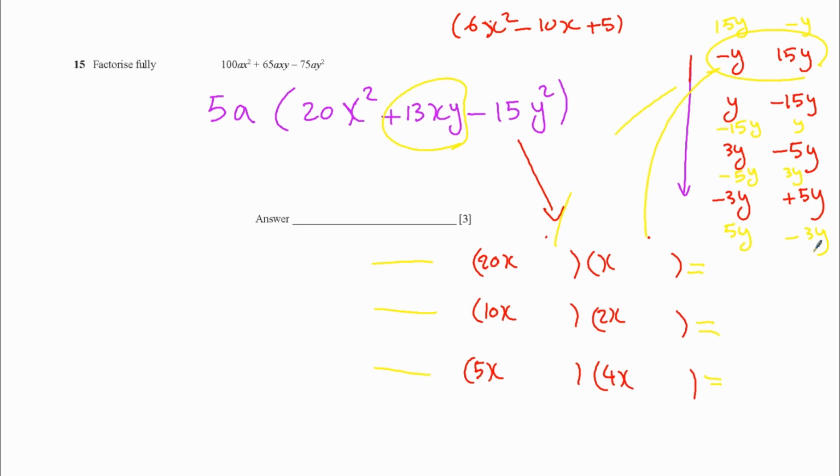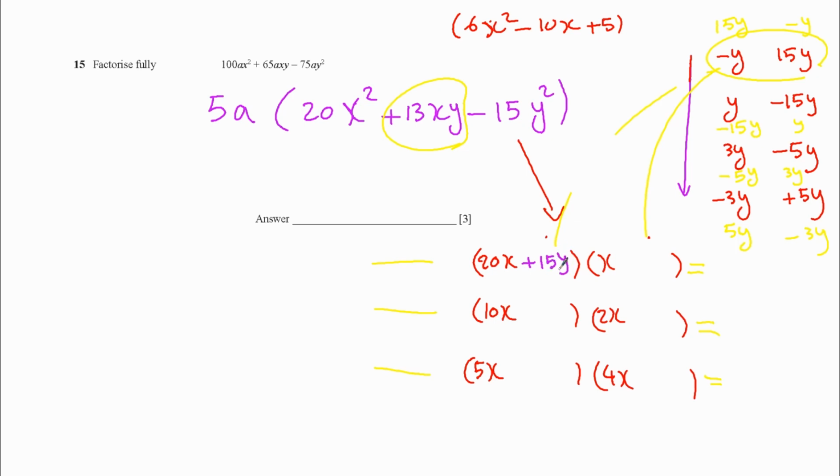Or what sort of combination of 3 and 5? If I just start, I just want to show you one of these. If I just start with 15y and minus y, we just need to look at considering this in our head rather than writing down, because there are a lot of things to test. So writing all of this would take a long time. This is all in my head, but I want to write it down to show you. So if I just consider 15y there and minus y,